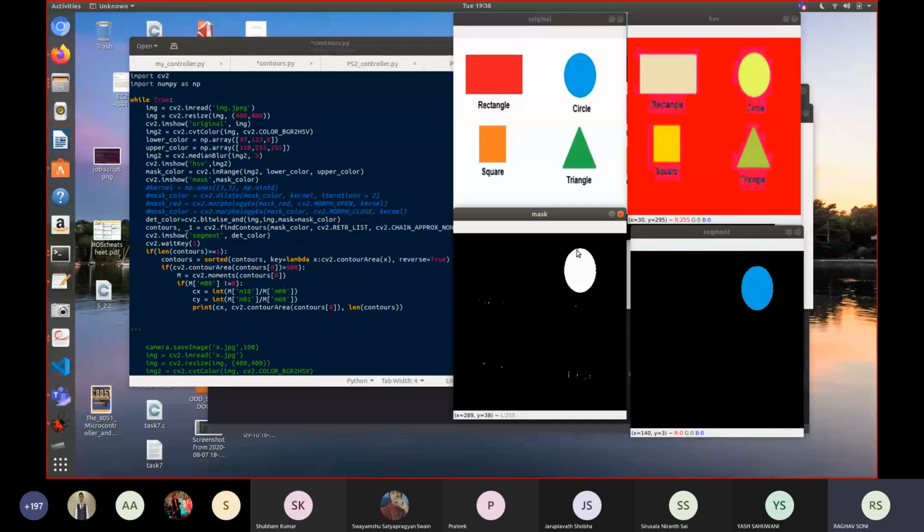Here if you see this triangle, all the pixels are green and all are connected to each other. So this triangle will form a single contour. Here this square can also be regarded as a contour. A rectangle can be regarded as a contour. So it's easy to detect contours in a masked image.